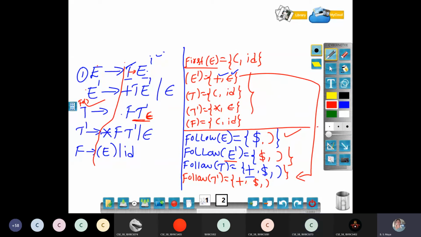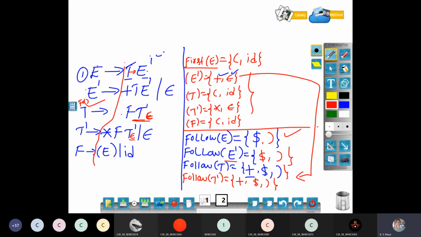No. Let me go for the fourth production. What is the follow set of T dash? Again epsilon. Because of epsilon, go back to T dash. Which one should I go to now? T dash, T first dash. Should I go to first or follow? Follow set of T dash. I am computing follow set of T dash, right? Yes. It ends there. Plus, dollar, close. Okay. Any doubt?